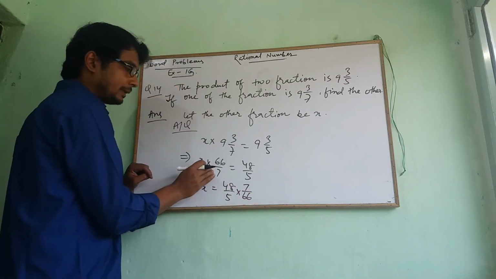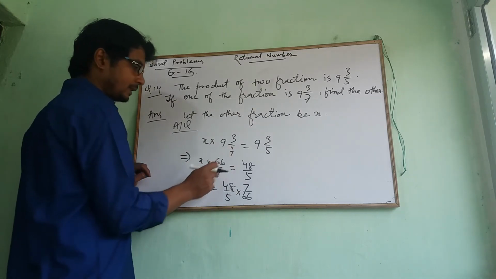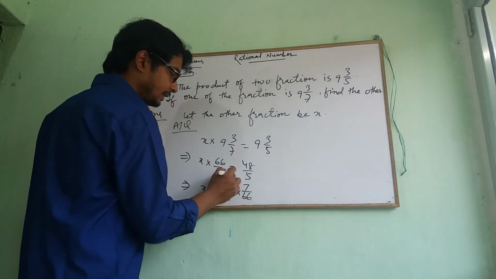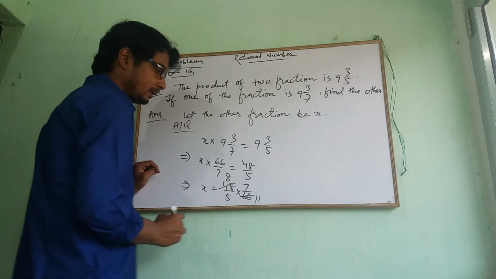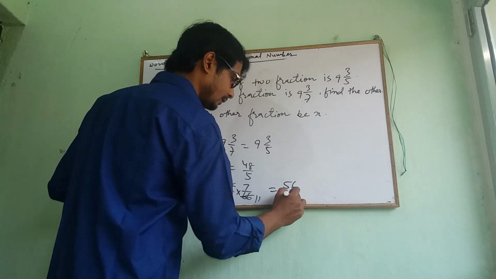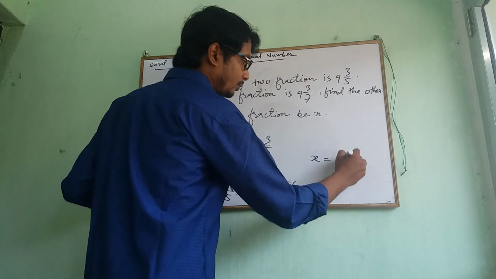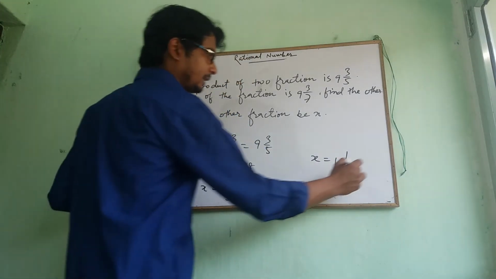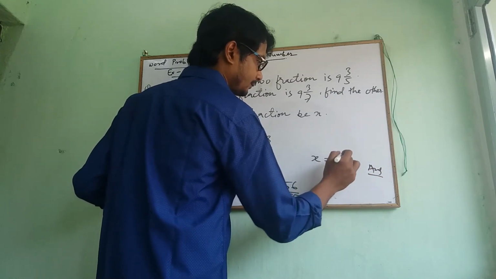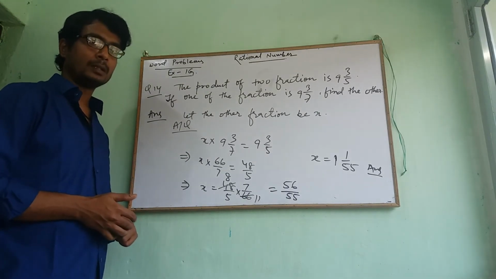I have just shifted this fraction, this rational number, into my RHS part. So you can see after shifting it, the numerator becomes the denominator and the denominator becomes the numerator. So this becomes 6 8s are 48, 6 11s are 66. So I will write it this way: 8 7s are 56 by 55. So you can write it this way: x is equal to 1 whole 1 by 55. This will be my answer. I hope that you have understood question number 14.